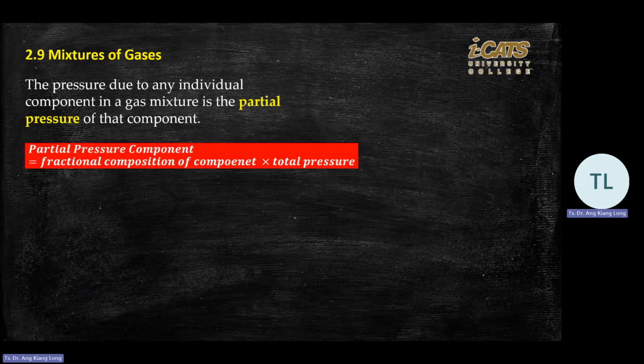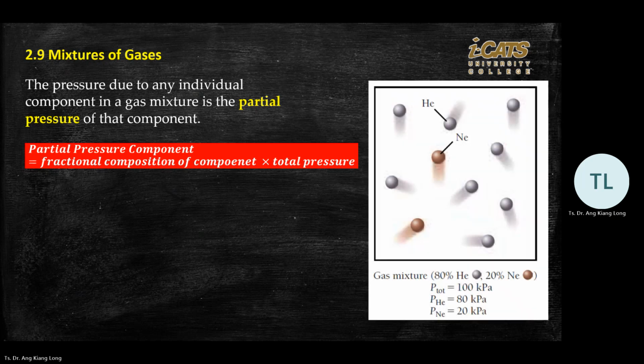Fraction means 1 divided by something or 0 point something, right? Of total pressure. So how to use this one? If the question asks you to use Dalton law, you need to write this one. Partial pressure of component equal fraction composition